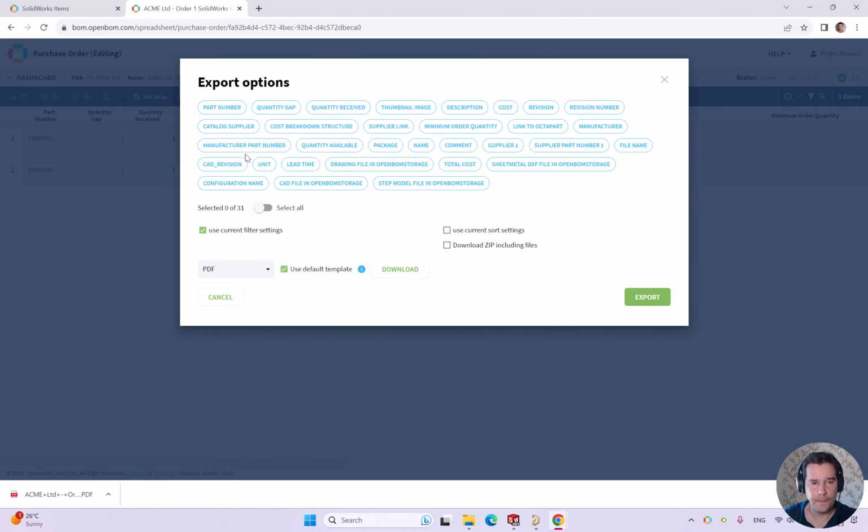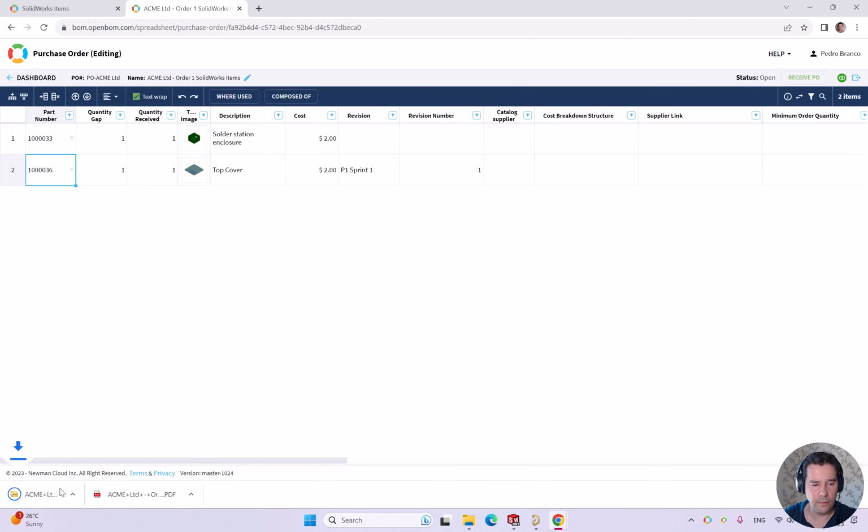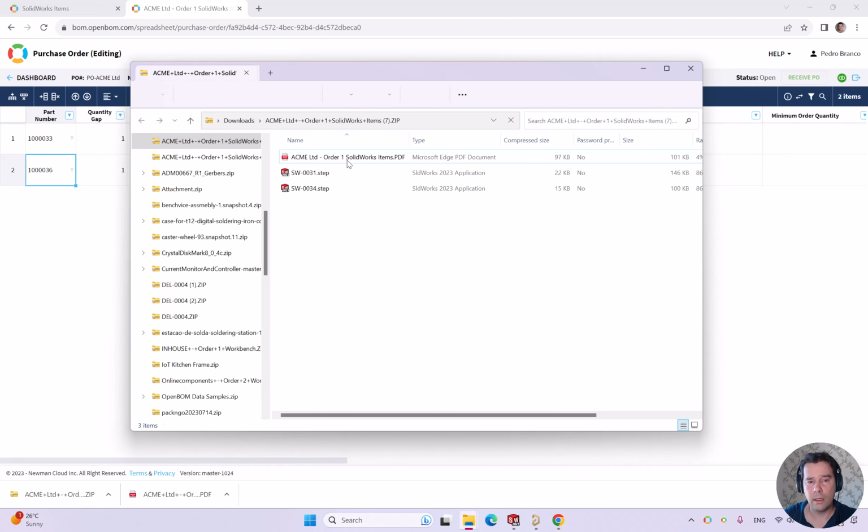Let's do that again. So let's download all components and export. So we should have a zip file with all the step files inside. So it's very easy just to send this quote to the supplier,